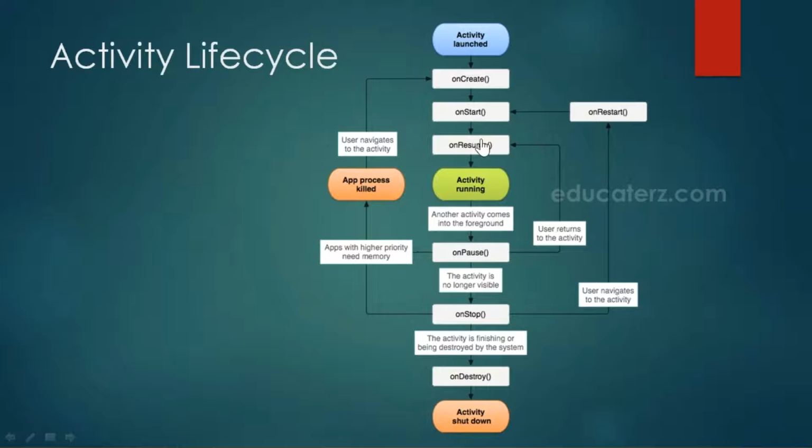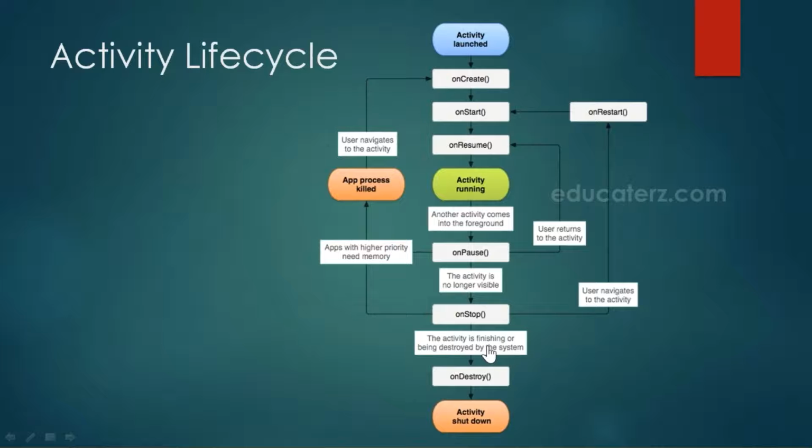Assume it is onResume, then it goes to onPause. At this point of time, the activity is no longer visible to the user, so it will immediately call the onStop method. Again here we have two options from onStop. It can be restarted: the user navigates to the activity by calling the onRestart method, it becomes visible to the user again, so the onStart method will be called, and the same procedure follows. But if the app requires high memory, the process will be killed immediately, and it will start from scratch, from onCreate.